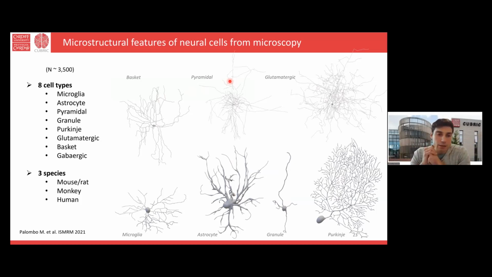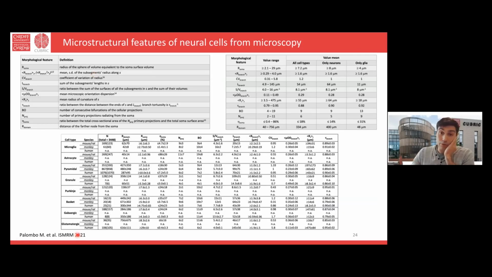This was something that we always wondered, and a couple of years ago we embarked on this effort to characterize the fine microstructure of cells from 8 cell types and 3 animal species, using openly available datasets, the NeuroMorpho and the Allen Cell Atlas. In the abstract, which is a work in progress and will become a paper soon, you will see the description of the features we quantified that we believe are interesting for the modeling of the gray matter, with a thorough characterization of them, subdivided into cell type and animal species.